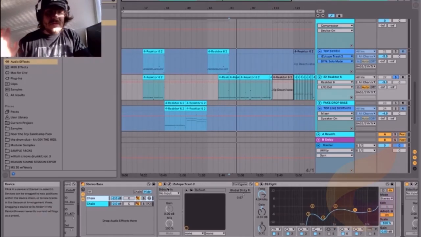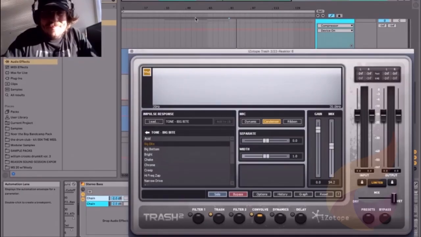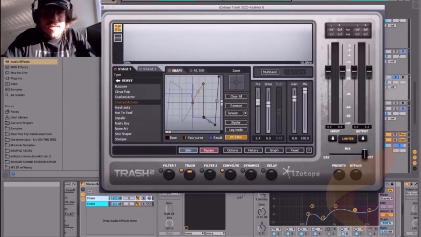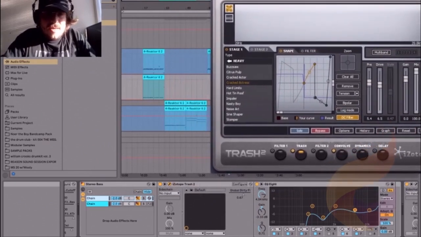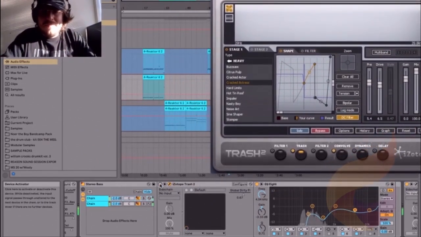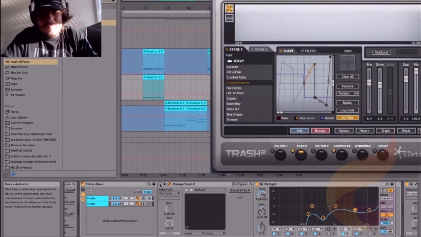So you can see here, once again, trash. I told you there'd be a lot of trash. So let's go to the trash window here. Okay, this is a little more interesting. So let's actually turn off trash, and you can hear what it sounds like without it. It sounds just really average. And then when we throw trash on,